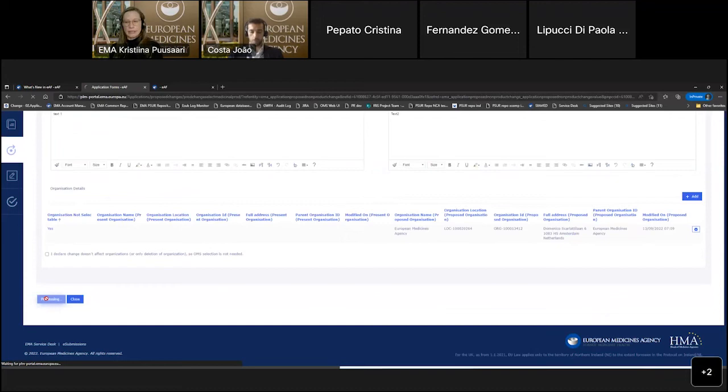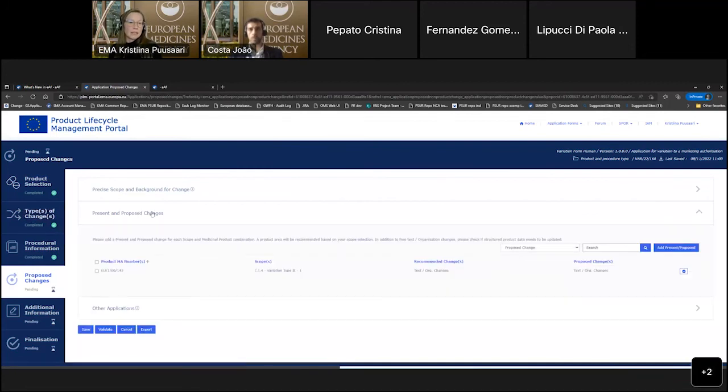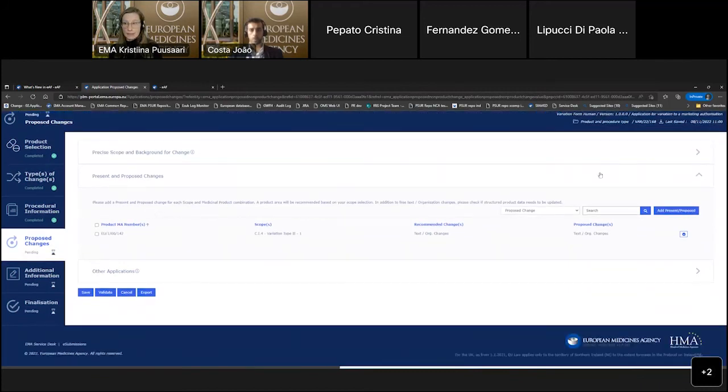In order to save time, because I know we're running slightly late, I will just very quickly show how to trigger the medical devices section. So now that we have done that, but we have not yet selected all the scopes that we have selected in a previous step here in the types of changes section, the form would give us an error. So here, if we want to go to add present and proposed,